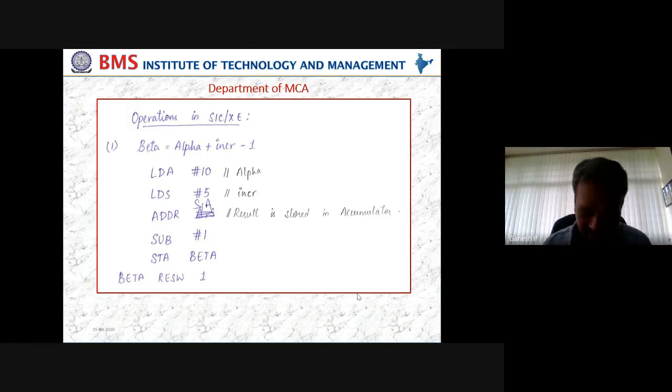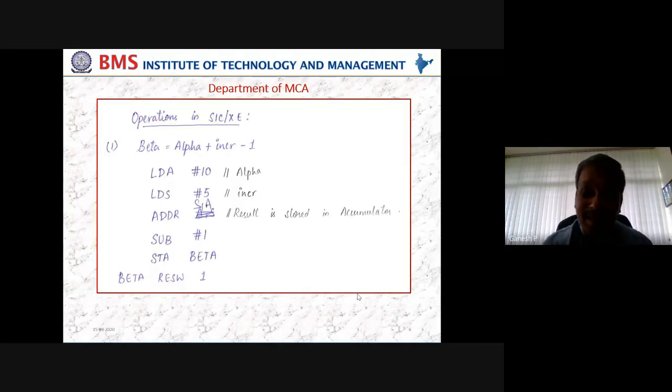So in SIC or in SIC XE, we are going to use the right side notation, meaning that whatever you see on the right hand side is going to be used both for source as well as destination. You all know that when I perform an addition, multiplication or subtraction, the result should be stored in the accumulator.